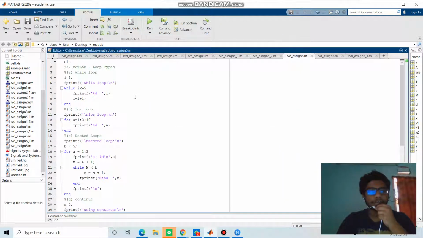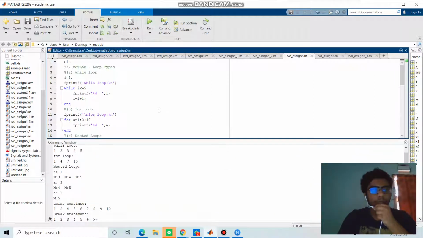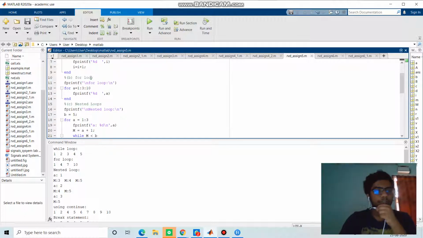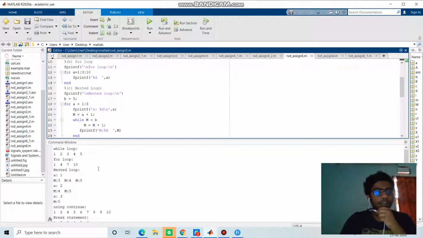Coming to part 5, which is loops. When we run the program, the first one is an example for a while loop. We have printed the numbers from 1 to 5, and then the next one is an example for the for loop. We have printed the numbers 1, 4, 7, 10, which have a common difference of 3 from 1 to 10. In the next one, we have printed an example for a nested loop,